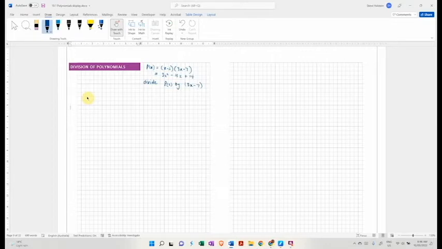So we'll go through the approach. How do you go about dividing polynomials? But before we do that, I just wanted to remind you of the long division approach when we're dividing numbers, which is essentially to target the largest multiple of 10. Let's just do this: